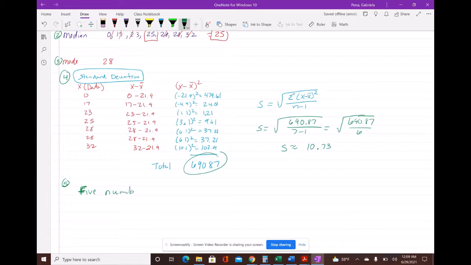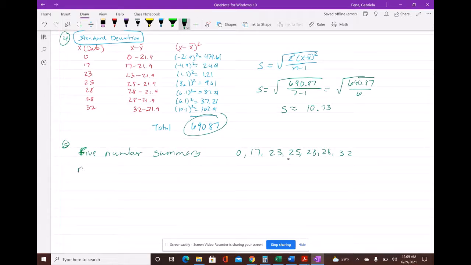5-number summary. Now that 5-number summary, once again, it's off of numbers that were given to us, but I'm going to go ahead and rewrite them. Now, I need a minimum. I need Q1, Q2, Q3, and I need my max. Keep in mind your Q2 is the same thing as the median. So I already said my median